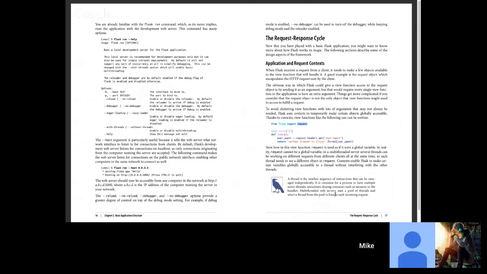I think the context is something that comes with Flask already defined, and I think it just separates concerns. I'm not sure if that makes sense. But